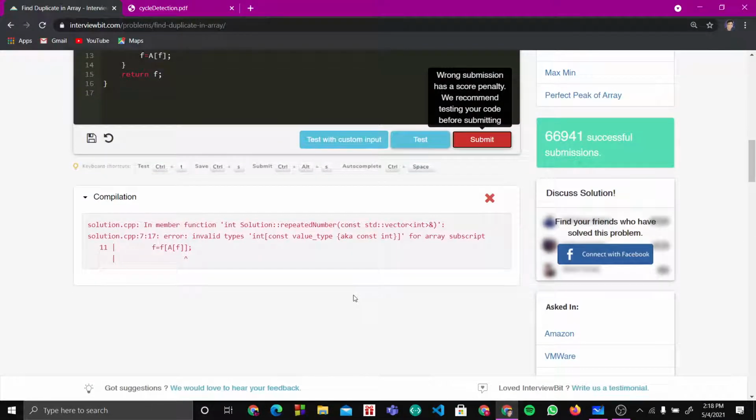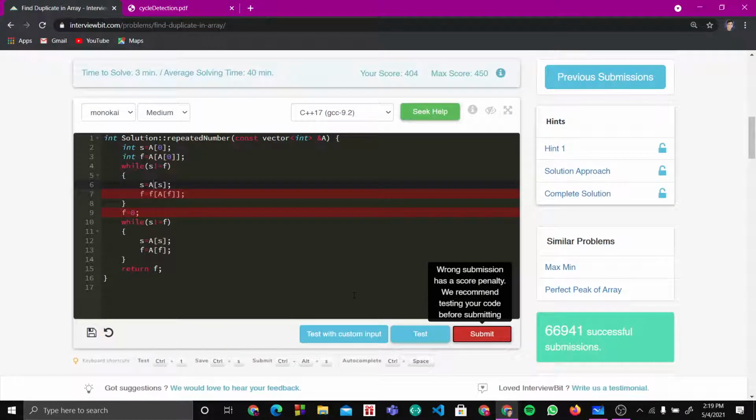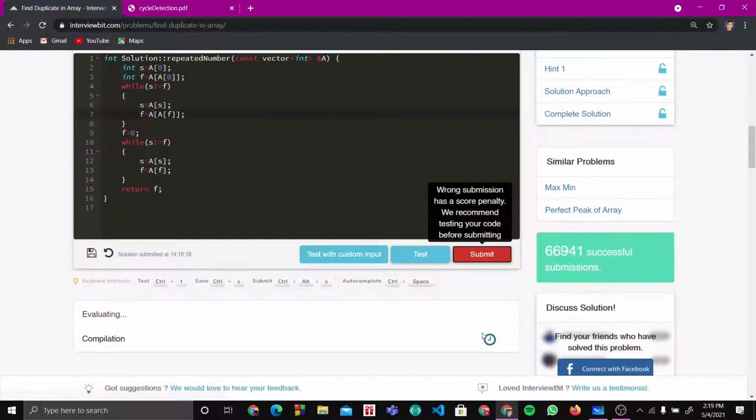So this is line number 11. What am I doing wrong in line number 11? A of s, okay, not f, it's actually a of f.